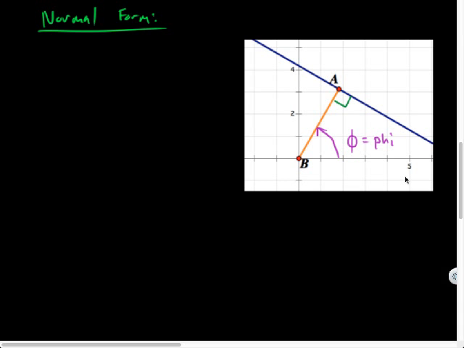And the other thing that I'll use to describe my line will be the distance that the line is from the origin at its perpendicular. And that will be,